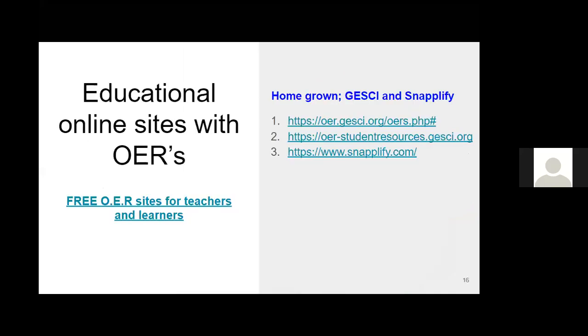Then we looked at educational online resources. Where do we get such open education resources? I looked at a site where we can get all these resources for all the subjects. And I think this was also shared with you in the previous emails, where you can get free OER sites which are subject specific. I took you through some of the sites that are subject specific. If you want open education resources for English, for science, or for mathematics, you'll find all these here.